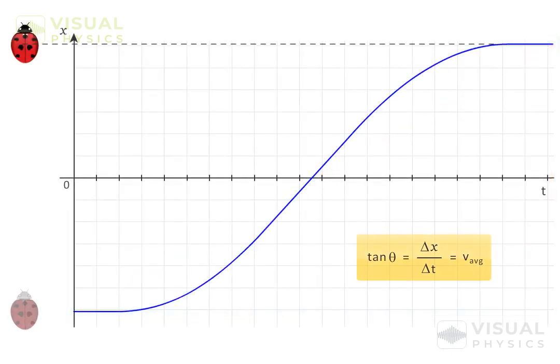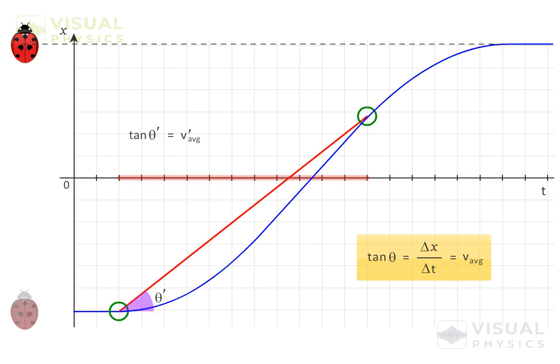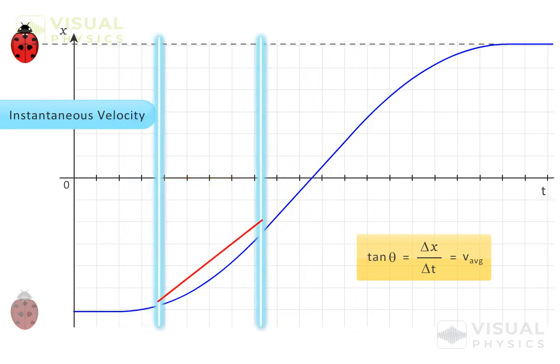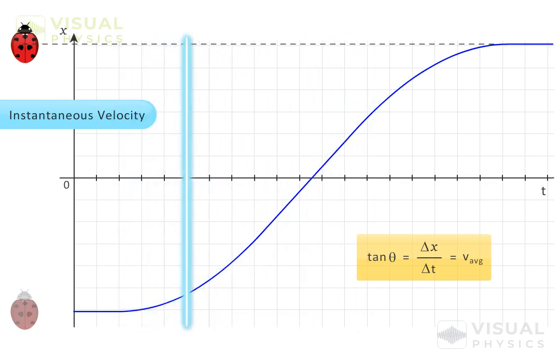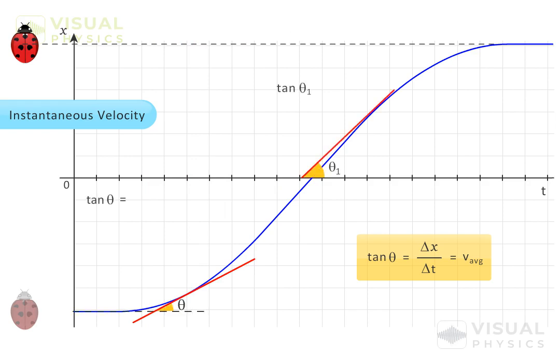This means that the slope of the line between any 2 points on the position-time graph is equal to the average velocity in that time interval. But what about the instantaneous velocity? As we know, if we shrink the time interval such that it is infinitely small, then this line becomes a tangent at that point in the position-time graph. So the slope of the tangent at any point in the position-time graph gives us the value of instantaneous velocity